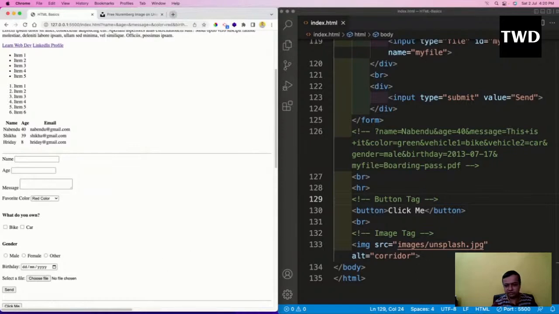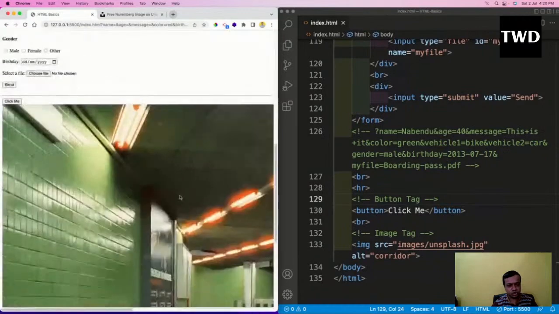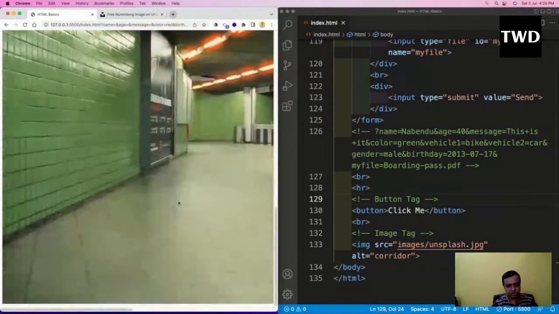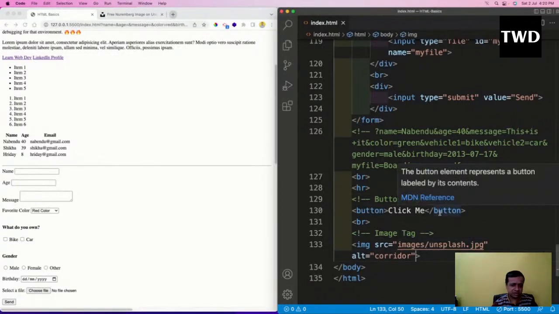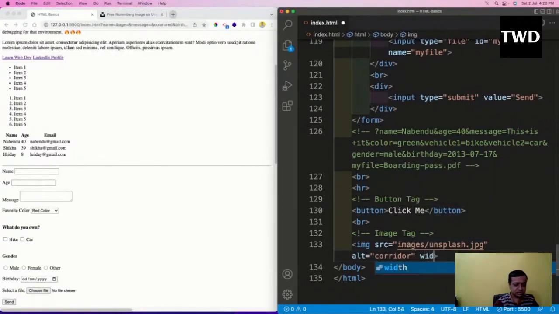So this image I have given with the SRC, and see, this image has been shown like this, a big image. From HTML we cannot control much of the things. So here we can give width equal to maybe 600,